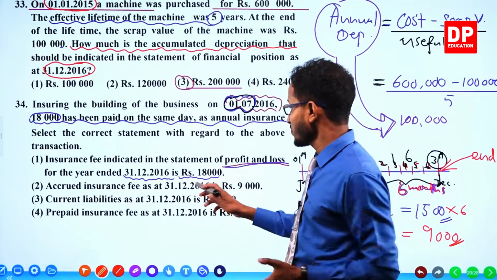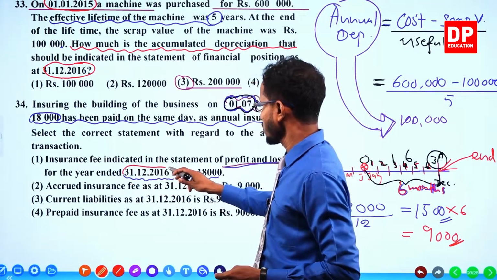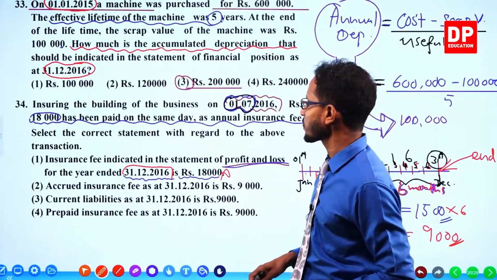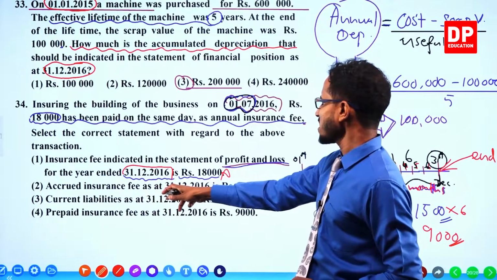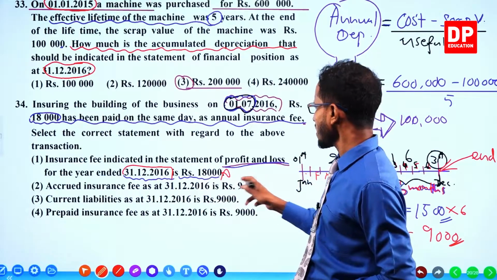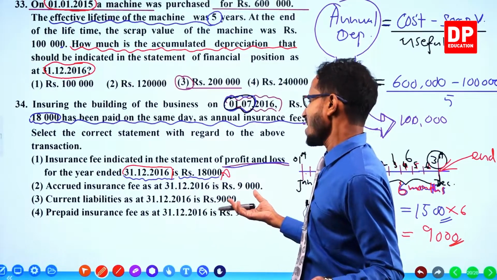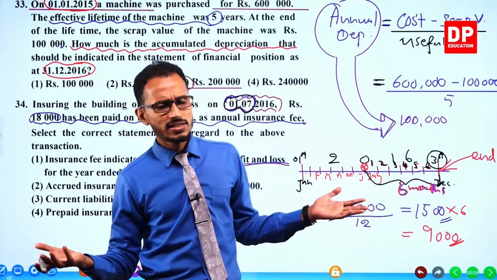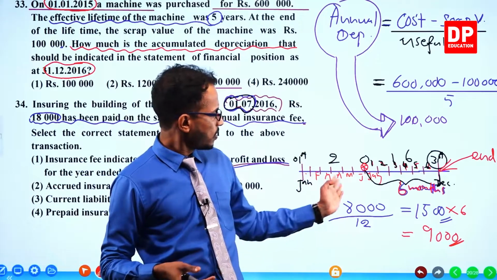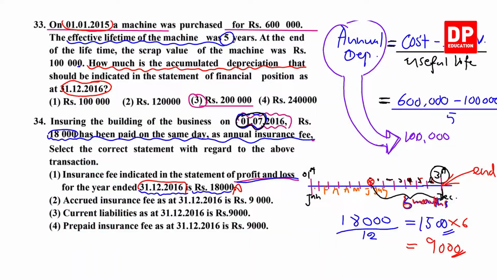For this year, only 9,000 is relevant, not 18,000. Accrued insurance fee as at 31st December 2016 is 9,000? There is no accrued. There is no accrued. For the year 2016, for this year,